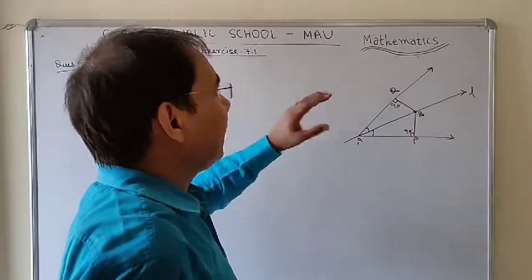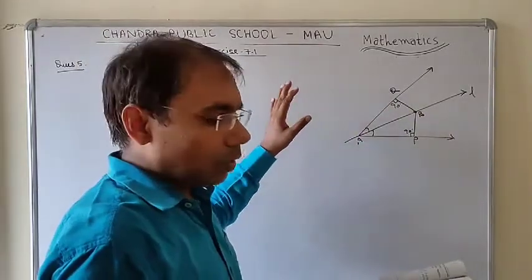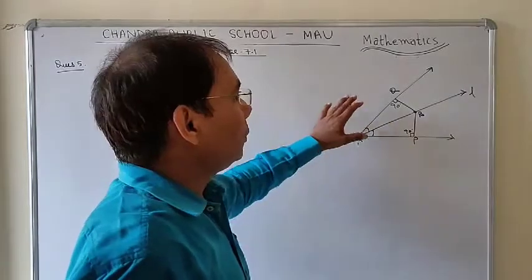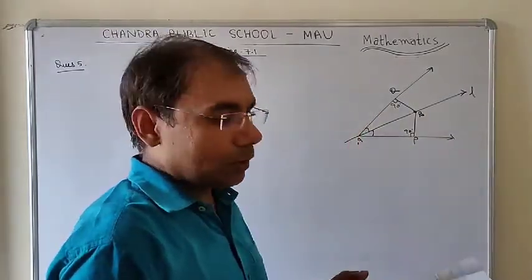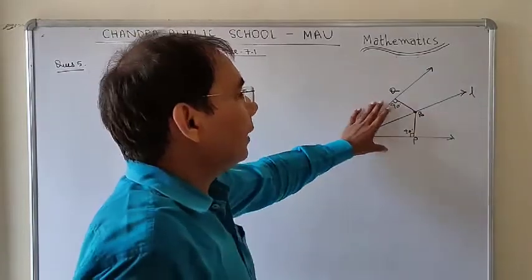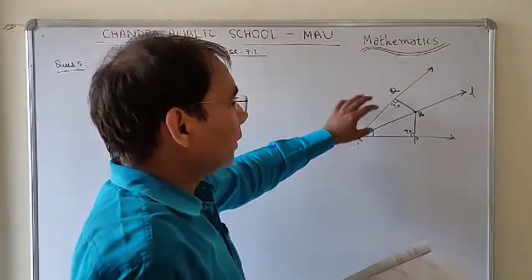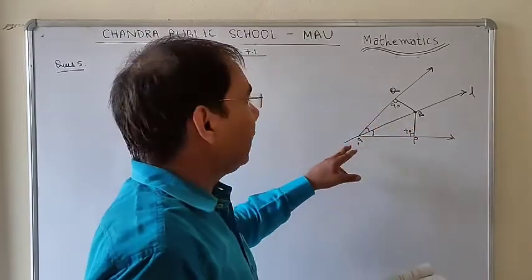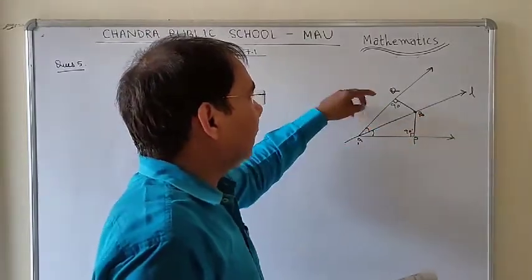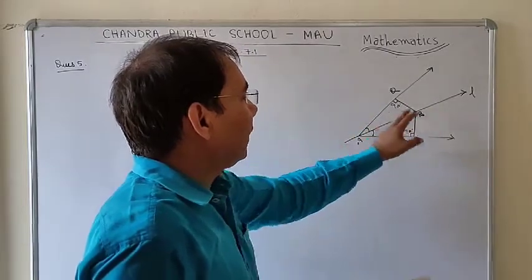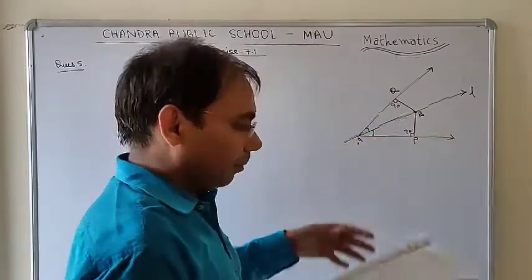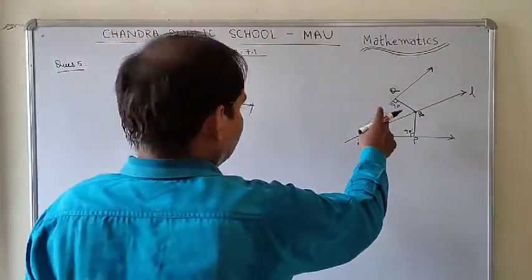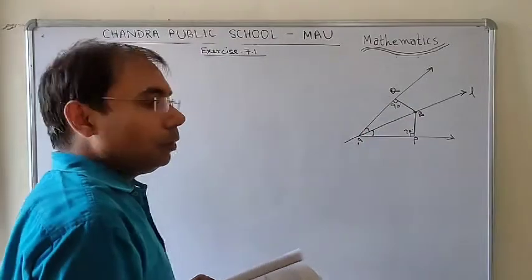And one thing is very important, students: if you are going to solve a geometry-related question, you need to draw the diagram in the solution. For each and every question, you need to draw the diagram. First you will draw the diagram, then you will write what things are given. You will write angle Q equal to angle P equal to 90 degrees, it is given, and AB bisects angle A. It means angle QAB equals angle PAB, it is also given. Now you need to prove that. You will write: to prove, triangle APB congruent to triangle AQB.